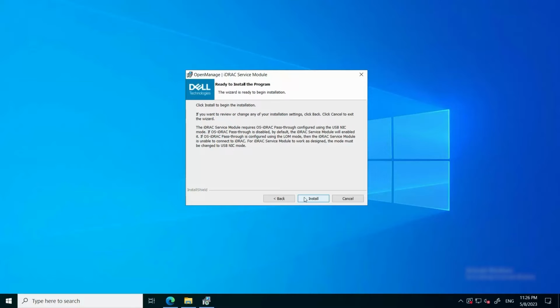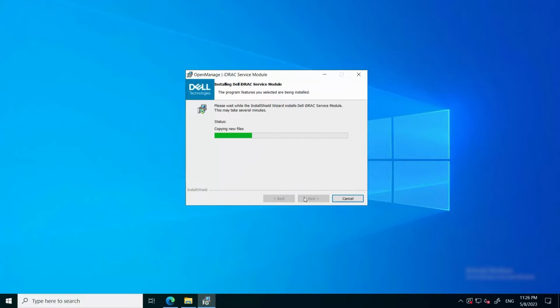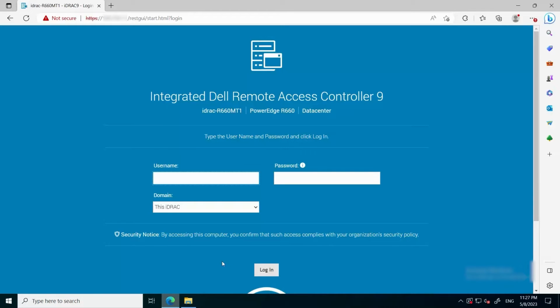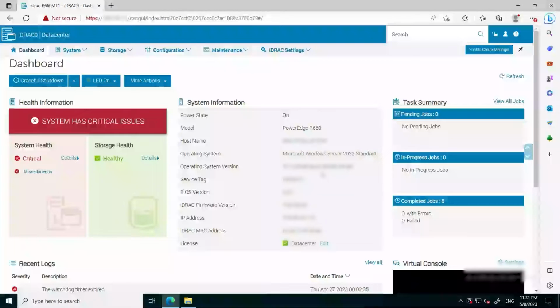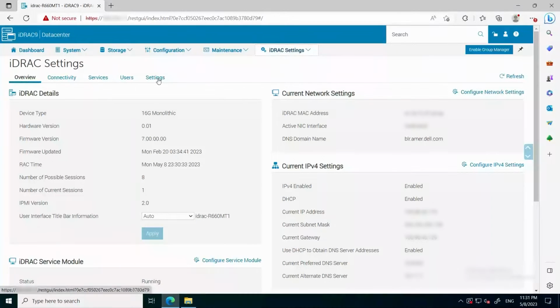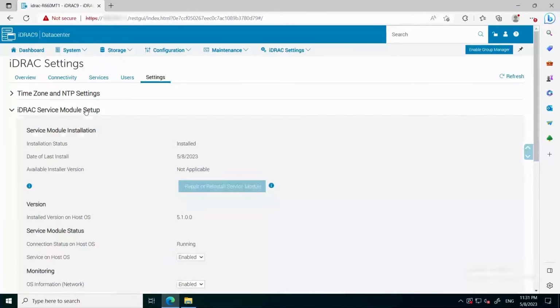In the Ready to Install program window, click Install to start the installation of iDRAC service module. Click Finish to complete the process. Now log into iDRAC using your credentials. To ensure that the iDRAC service module is active and running, click iDRAC Settings and then click Settings. Then in the Settings tab, expand iDRAC service module setup and make sure that the connection status on host OS